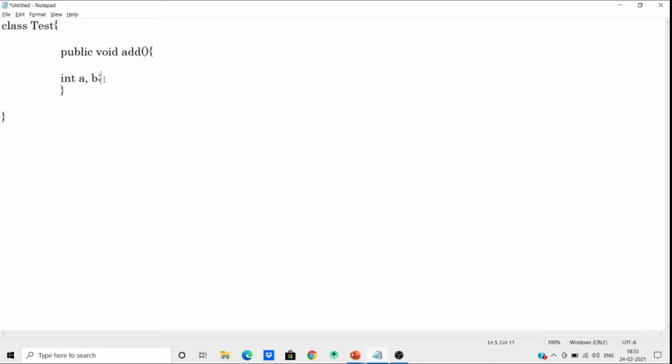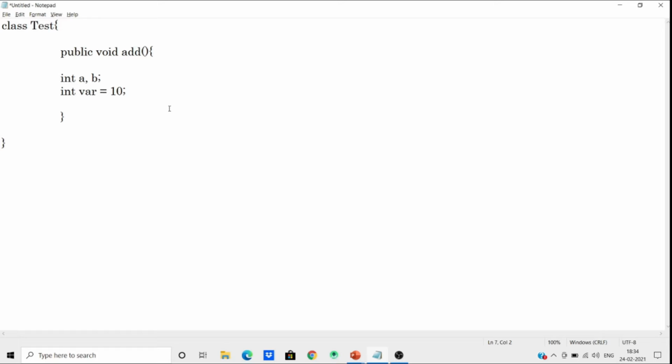We can initialize a variable also. So how to initialize a variable? If I write a variable var is equal to 10, then we assign a value to this variable in the declaration. So this is called a local variable. The scope of these variables is inside this block. We cannot access these variables outside of this block.